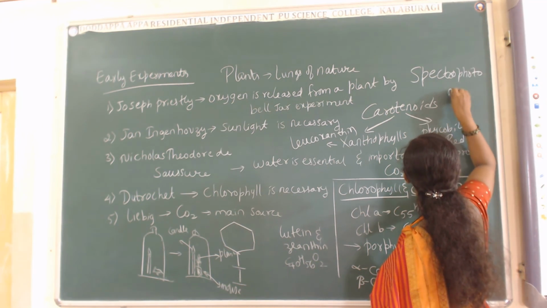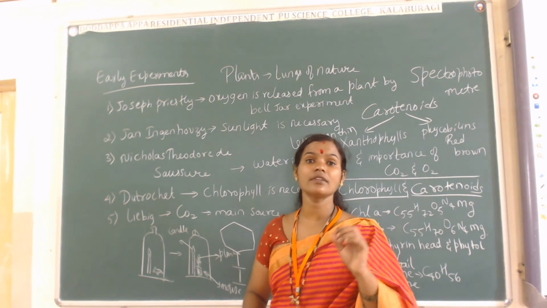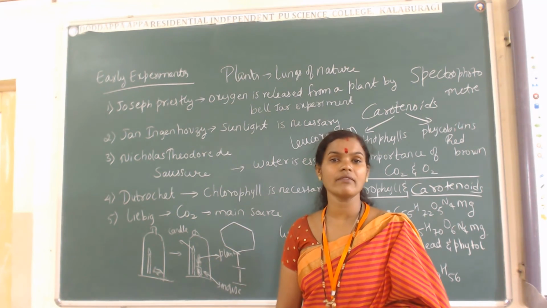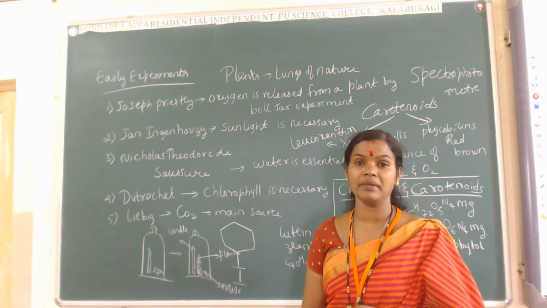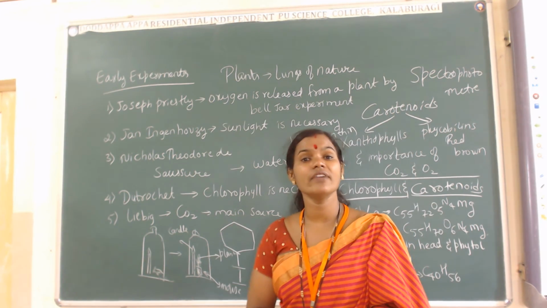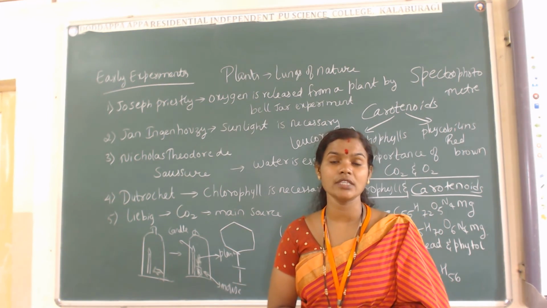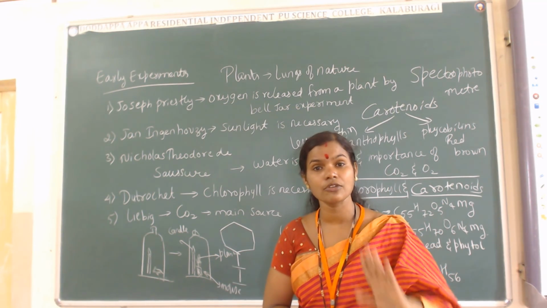Spectrophotometer is the instrument where we are going to measure the wavelength range of the chlorophyll pigment. Okay, and here we are going to see the presence of the 5 types of chlorophyll pigment in the higher plant bodies, that is chlorophyll A, chlorophyll B, chlorophyll C, chlorophyll D and chlorophyll E.